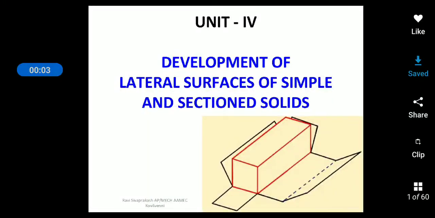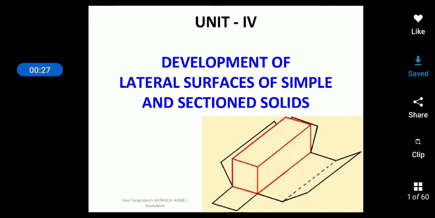Today I am here to give a lecture on development of lateral surface of simple and section solids. So, what do you mean by development of lateral surface? Development of surface is nothing but,